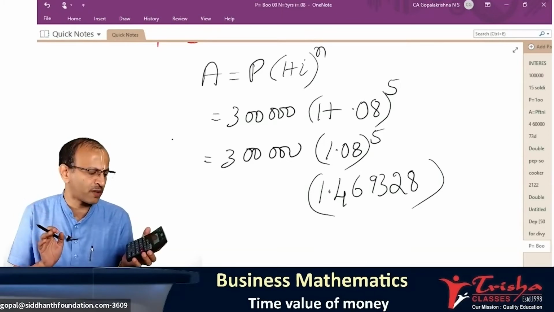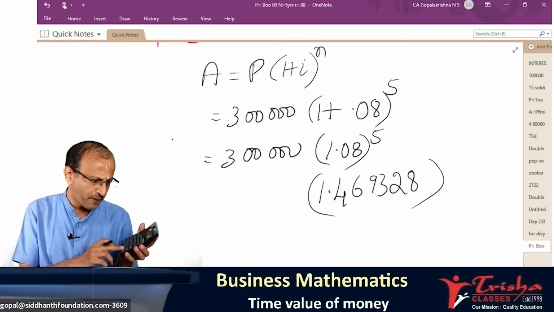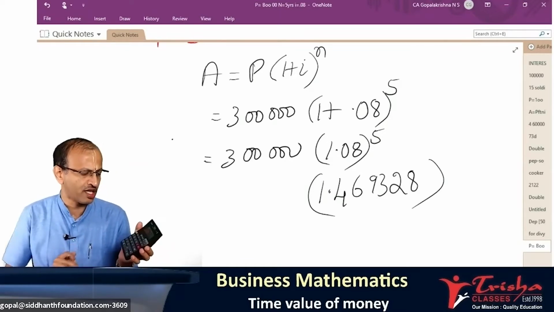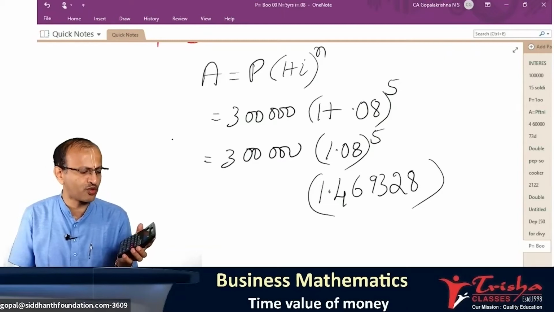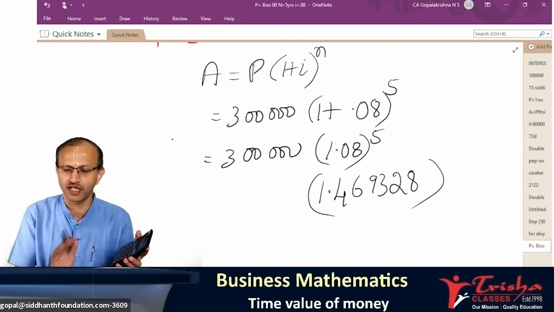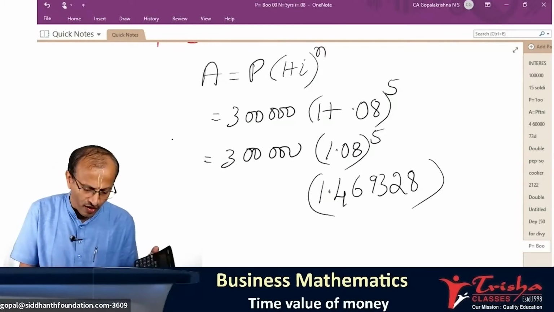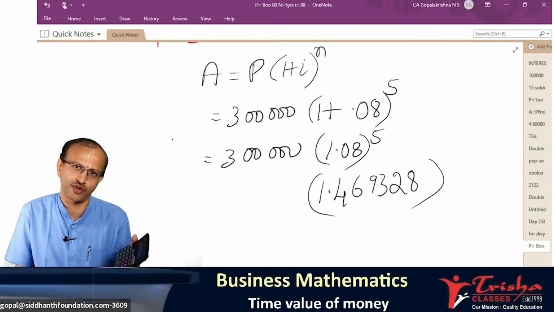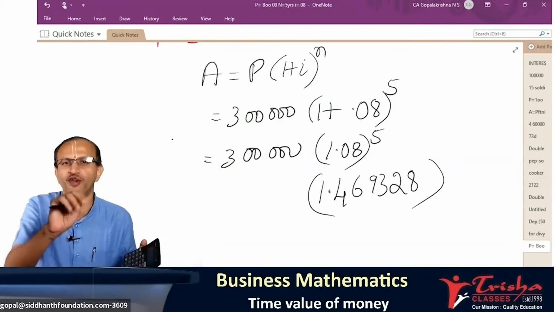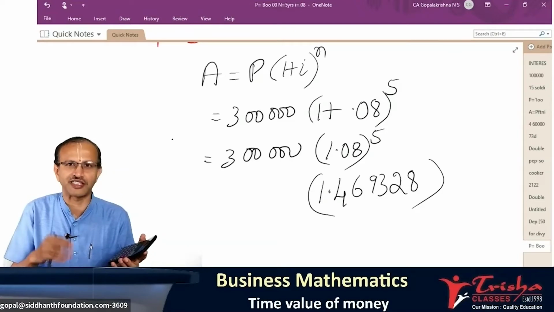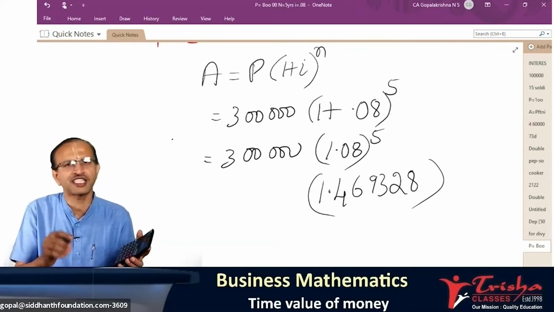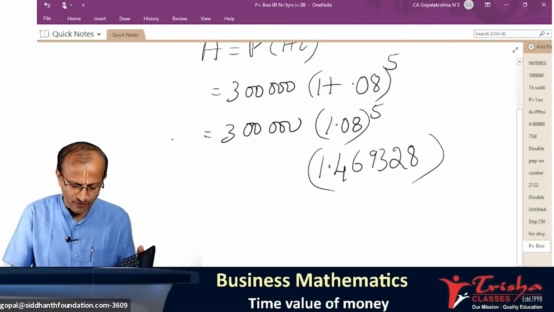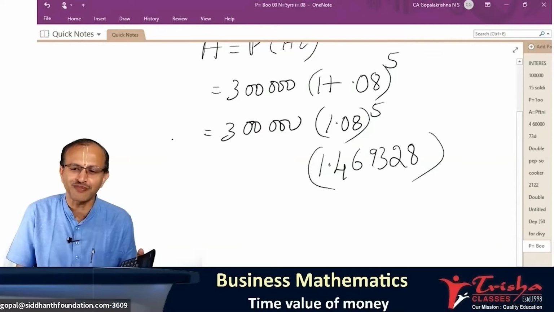It is the cube, which shows 1.259712. Press equal again, the fourth power will be 1.36. Press equal, 1.4693280768. I got almost the same as you. So after the decimal, when it comes to this bigger calculation, how many decimal places do you have to go? With logarithm, it is 4 digits. We have a little bigger, 6, 8, 12 digit calculator. I prefer 6 or 8, not less than that. So it's 1.469328.